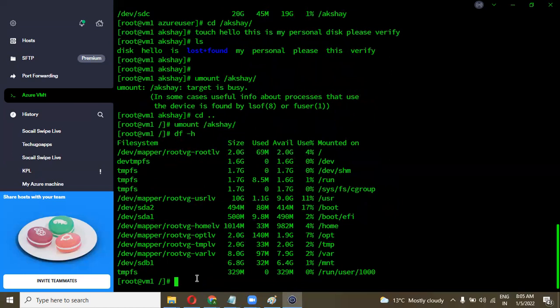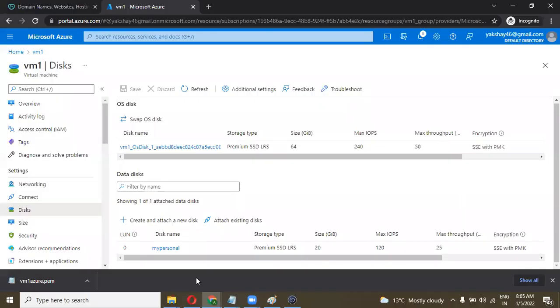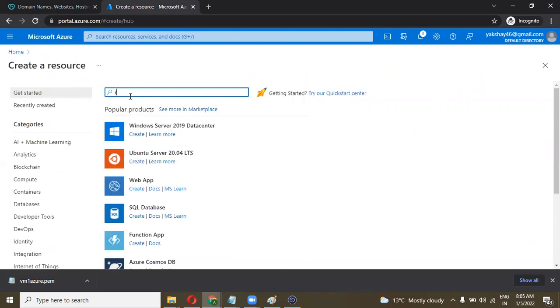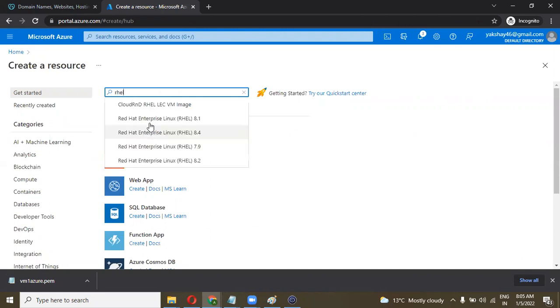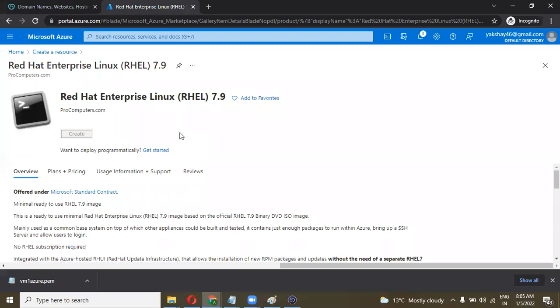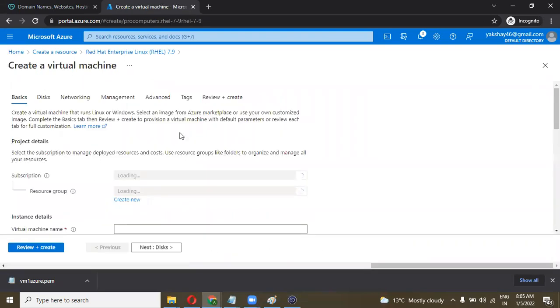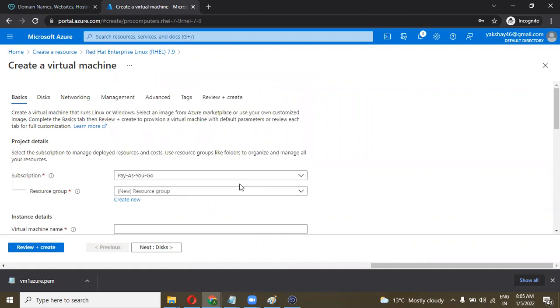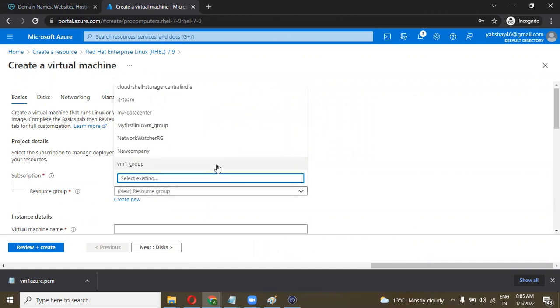And now create another Linux machine and you can attach the disk to it. So I'm going to go to the home and create a resource again, RHEL 7.9, and create. Pay-as-you-go subscription and resource group.